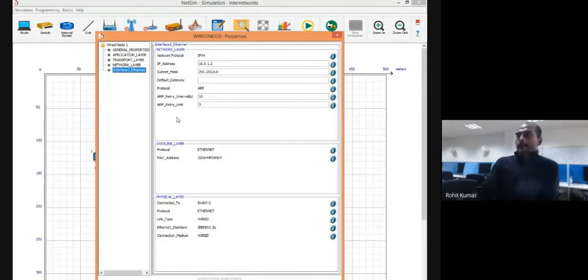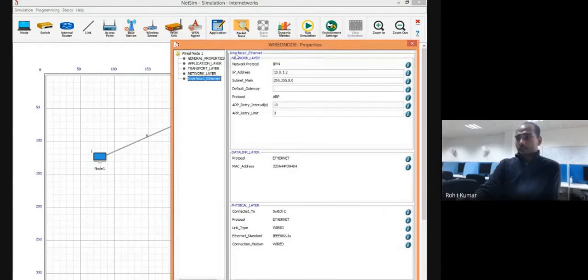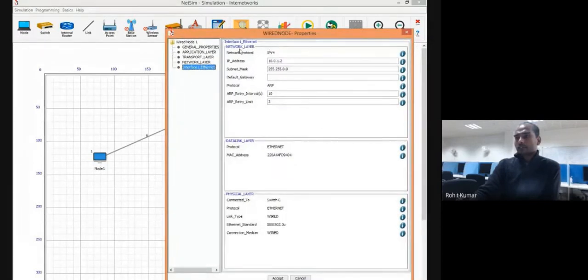So again, moving on to the interface layer, it is really important. See here, at the interface layer, you have the different interfaces. Like I already told you, there is a single interface, so it is written over here because there is a single link. So at interface 1, the first interface, what is the interface 1 type? That is Ethernet, because it is a wired network.